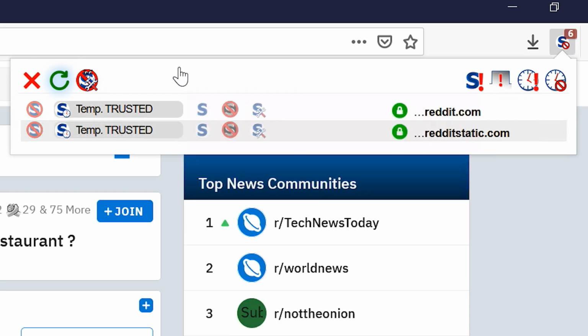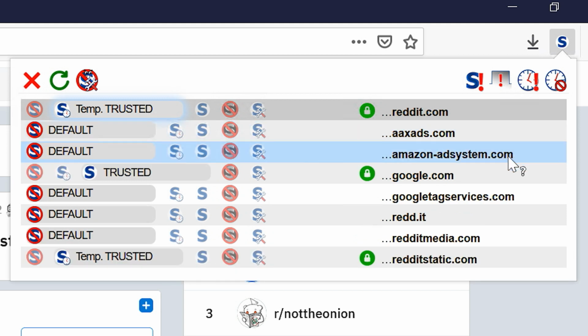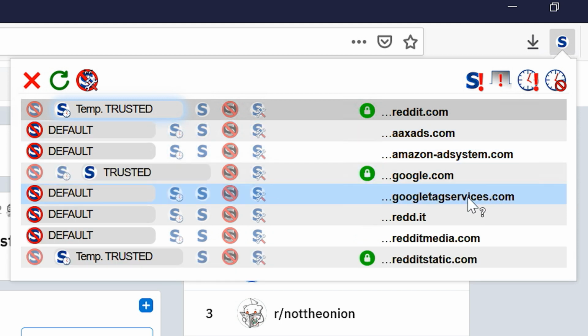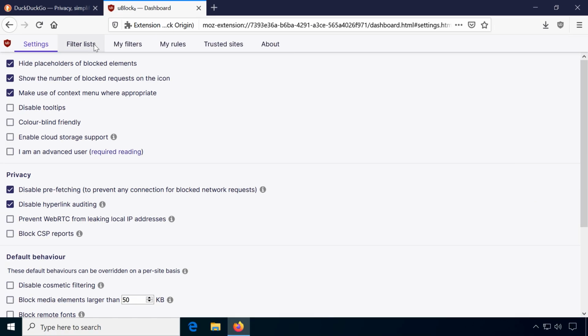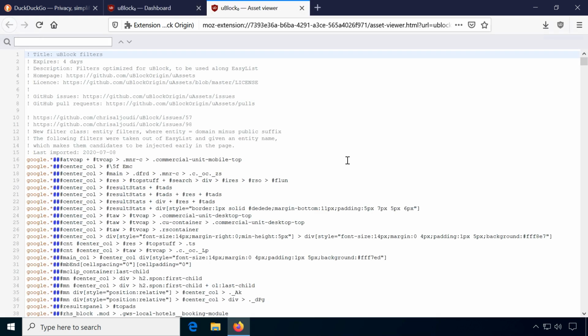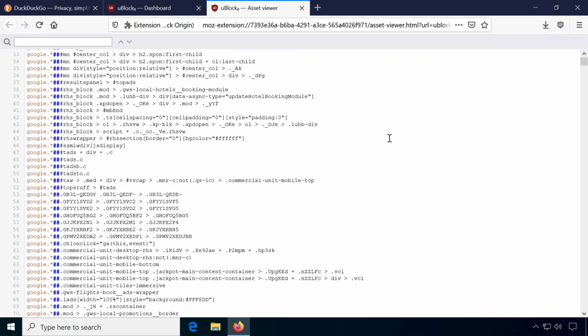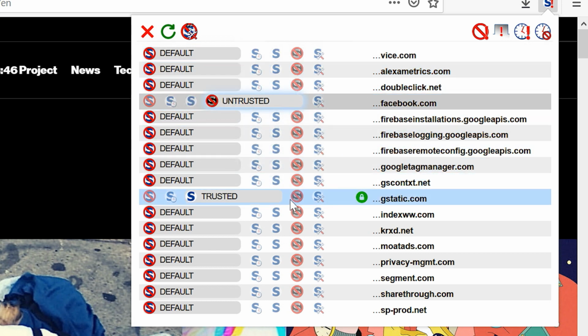JavaScript, especially from external websites, can be dangerous and is often used for tracking and surveillance by advertising networks. Ad blockers usually rely on a fixed blacklist for blocking content, but if a possibly malicious domain isn't on there, it doesn't get blocked. But script blockers give you the control to only allow content you want.